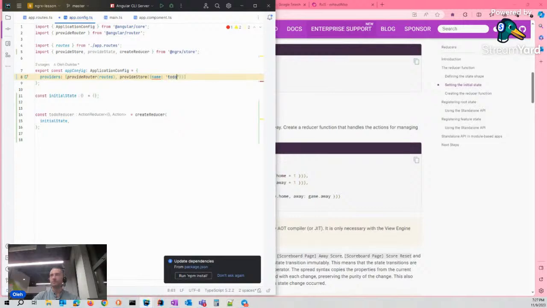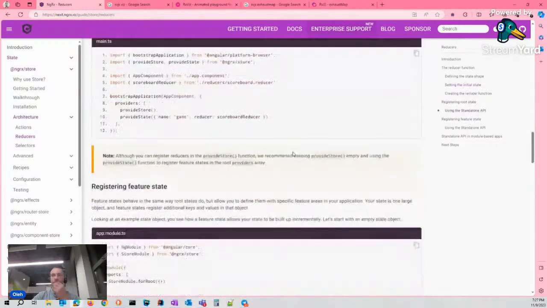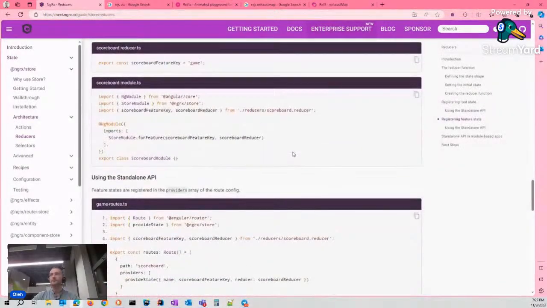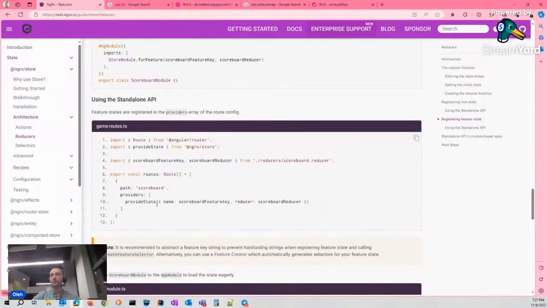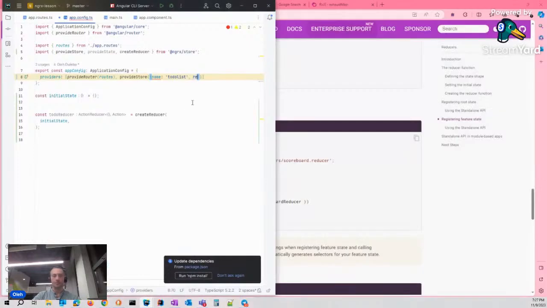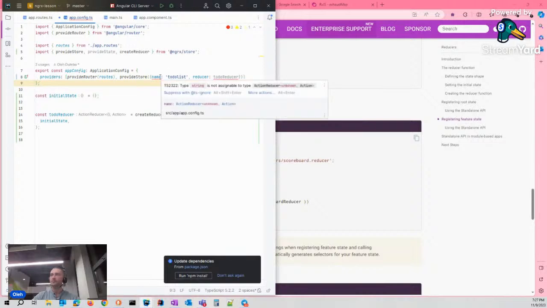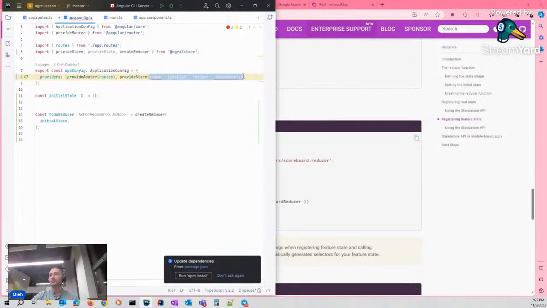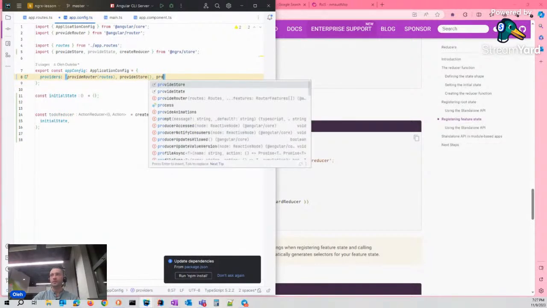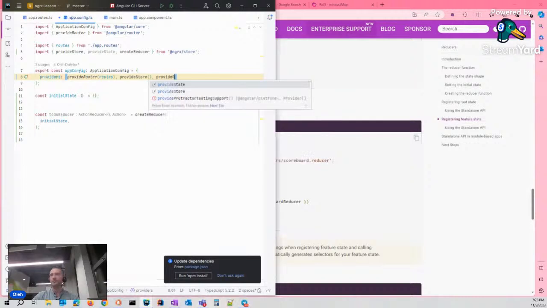Name, some name, and the reducer property. The reducer. We should provide state.